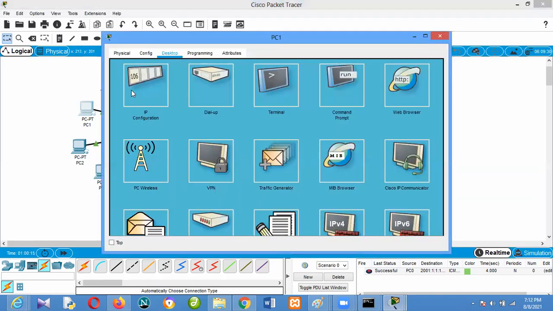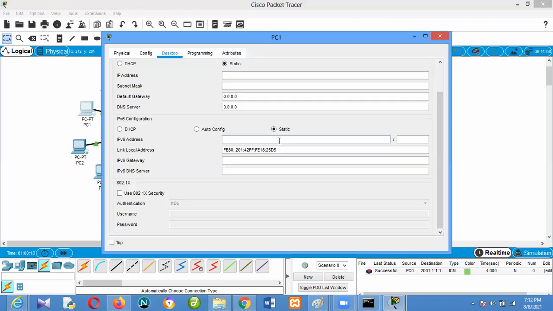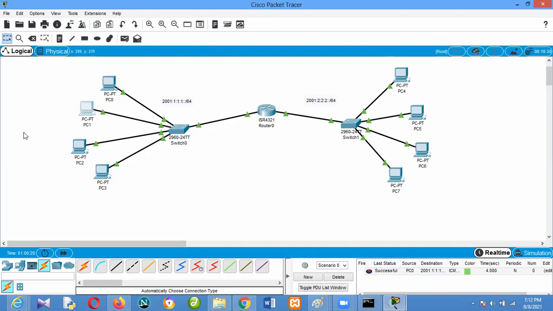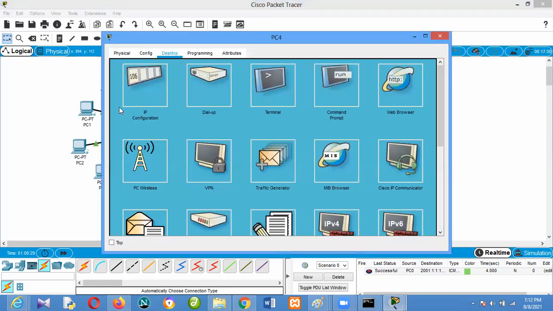And let me do it for this particular one. Static. I've given 2 before, so this one should take 3. We have a 64 prefix length, gateway 1. So come back here.